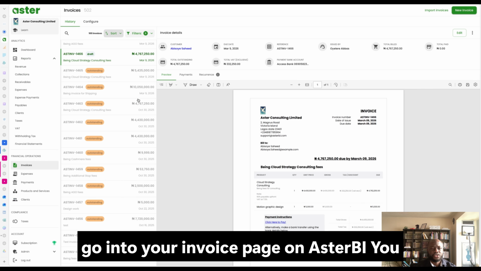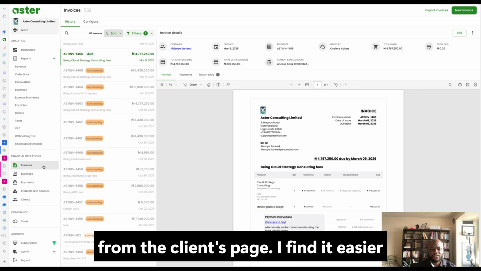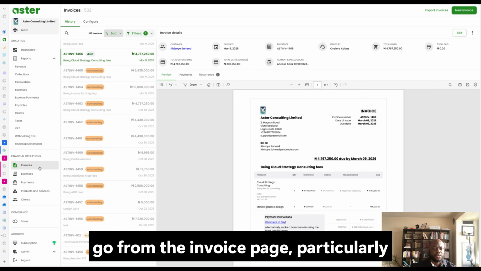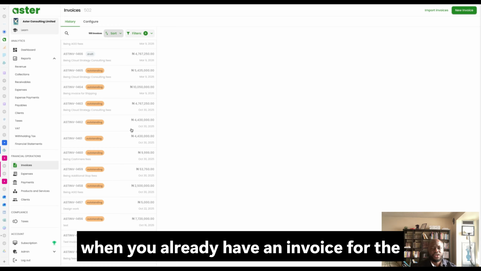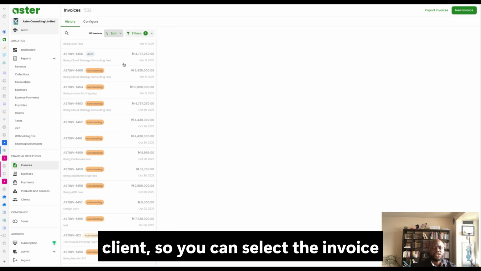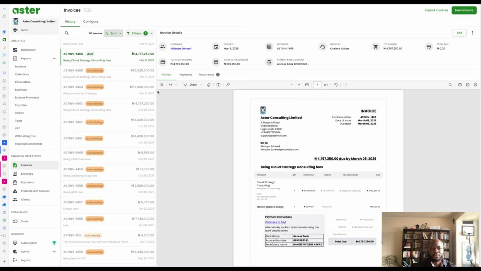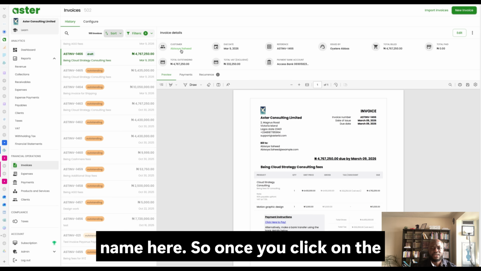So first thing you want to do is go into your invoice page on Aster. You can do this either from the invoice or from the client's page. I find it easier to go from the invoice page. So once you go from the invoice page, and particularly when you already have an invoice for the client, you can select the invoice for whichever client you want to update, and then simply click on the customer name